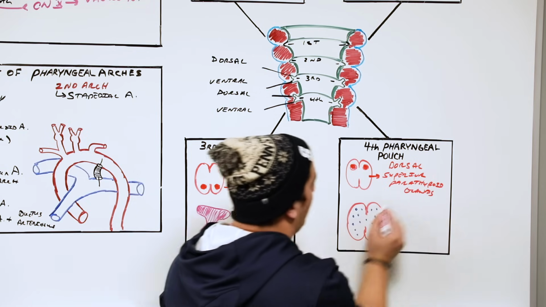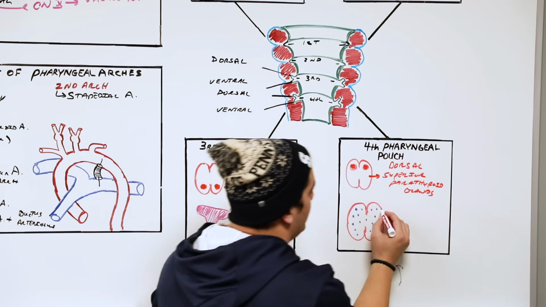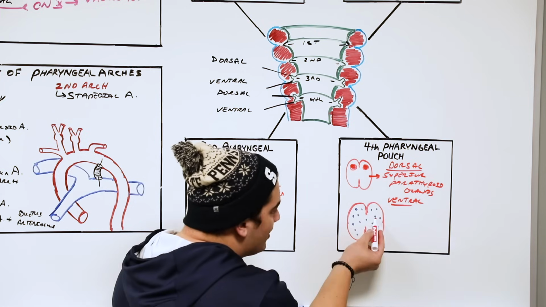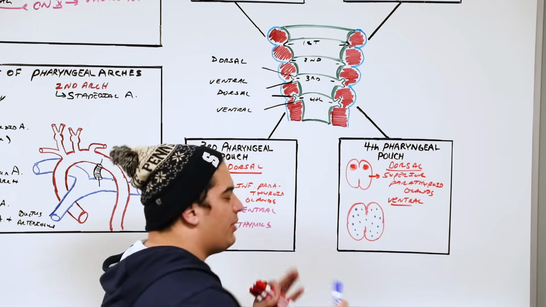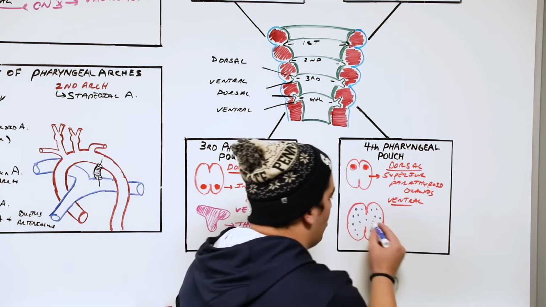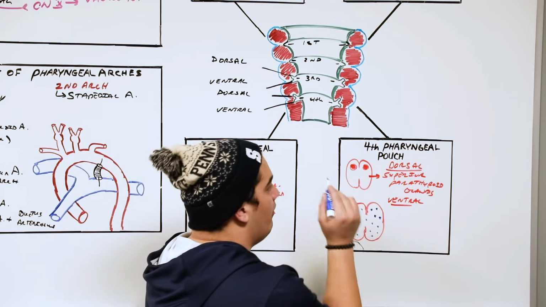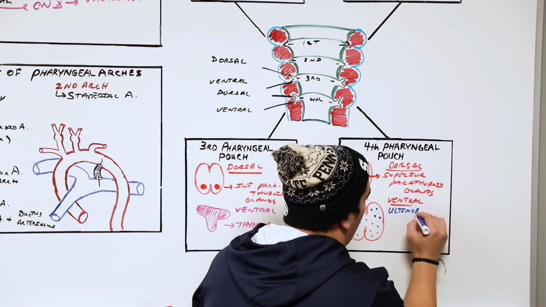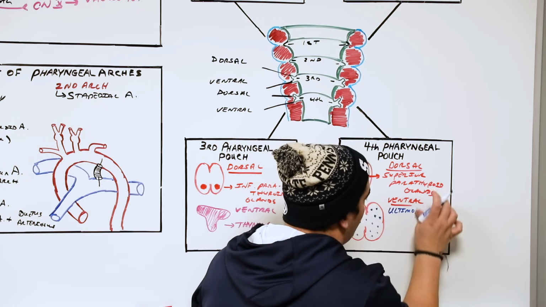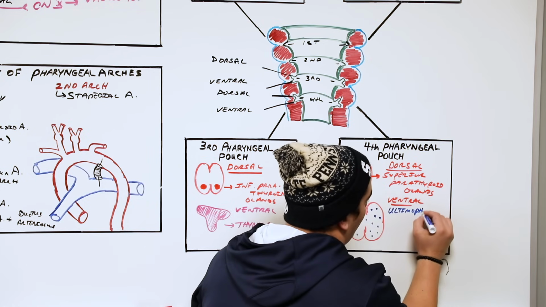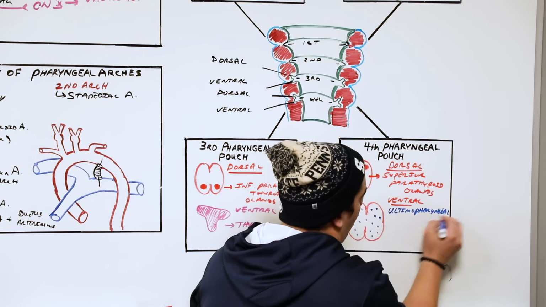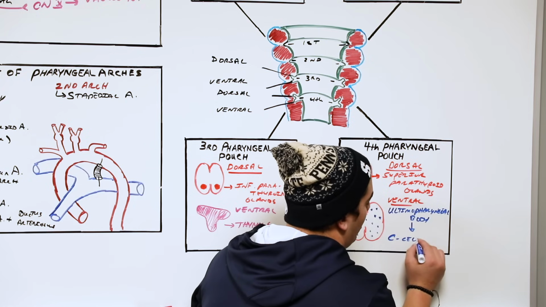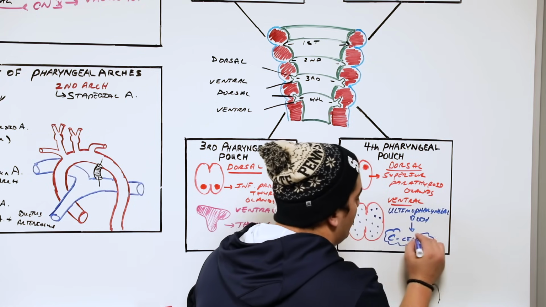And then lastly, the actual fourth ventral. So then you have the fourth ventral pharyngeal pouch. What does that become? You see these little cells here? It starts off, it's weird. These little structures here from the fourth ventral pharyngeal pouch start off as what's called the ultimopharyngeal body, or branchial body, right? Ultimopharyngeal body. And then eventually they give way to what's called parafollicular cells, or sometimes noted as C cells, which secrete